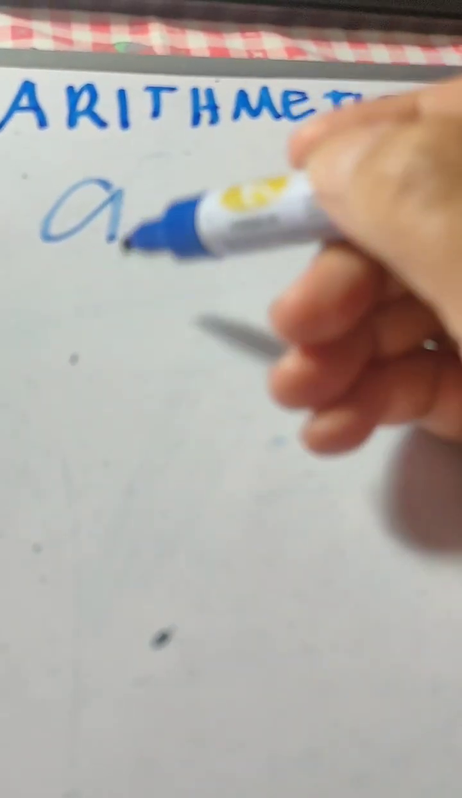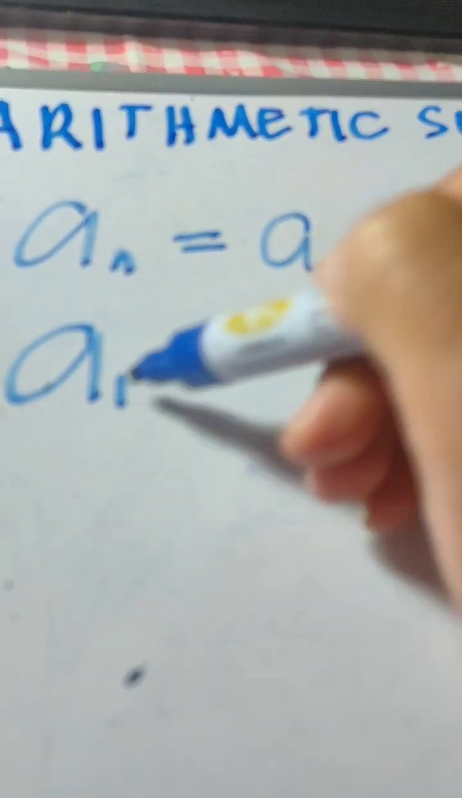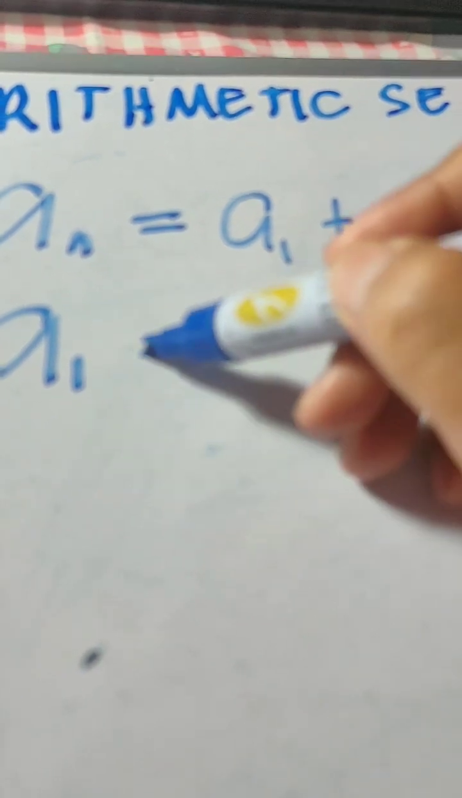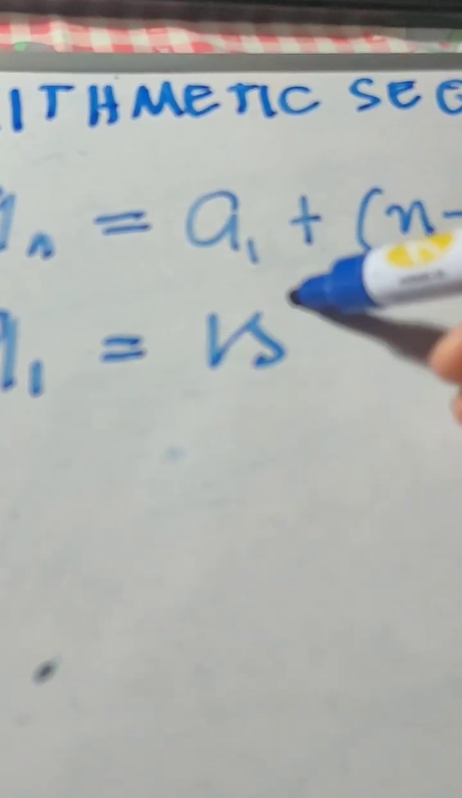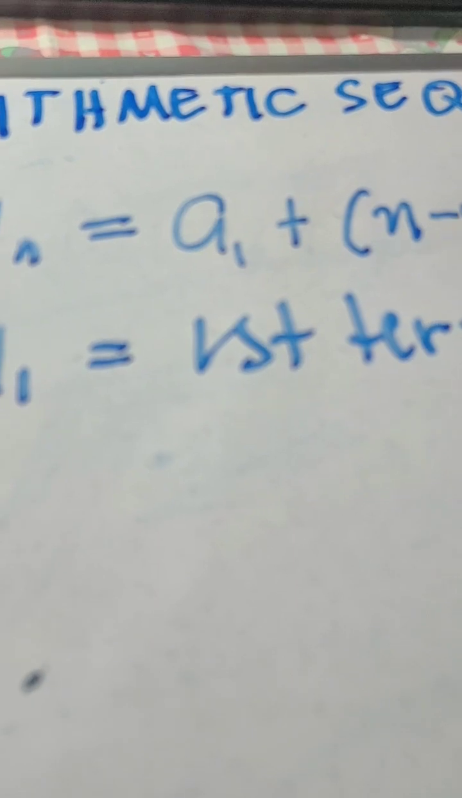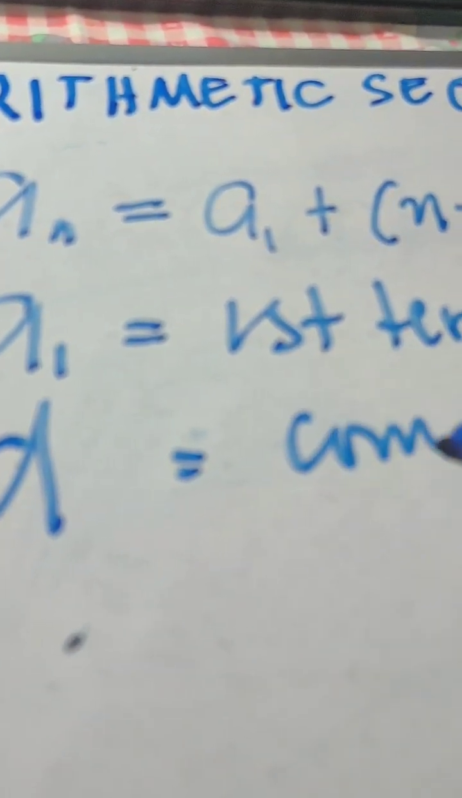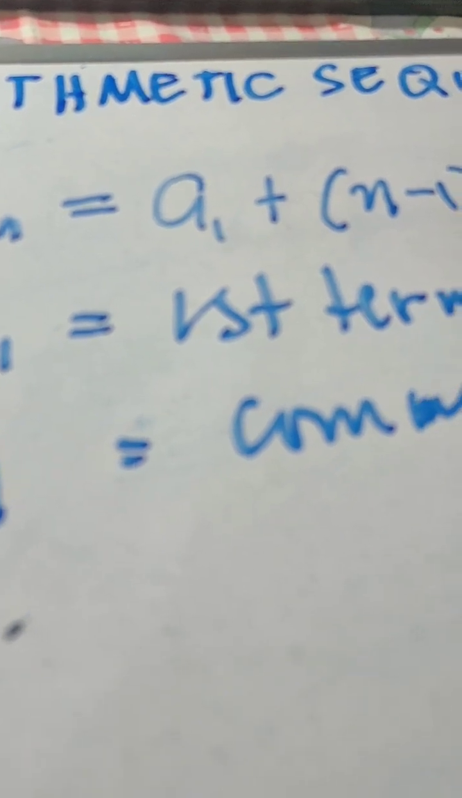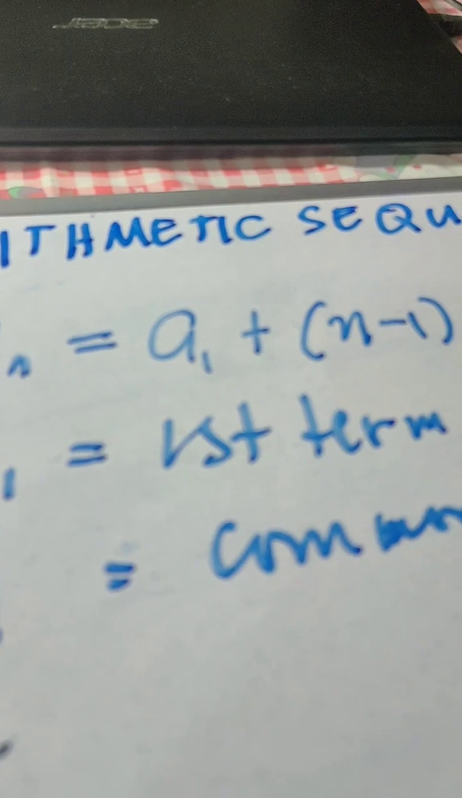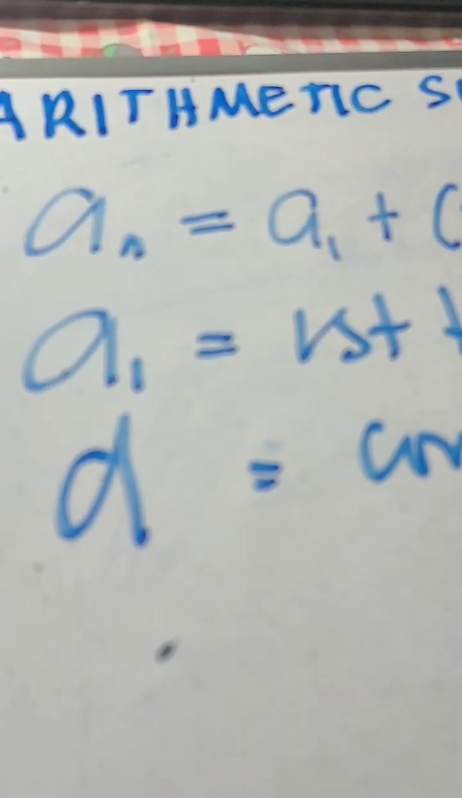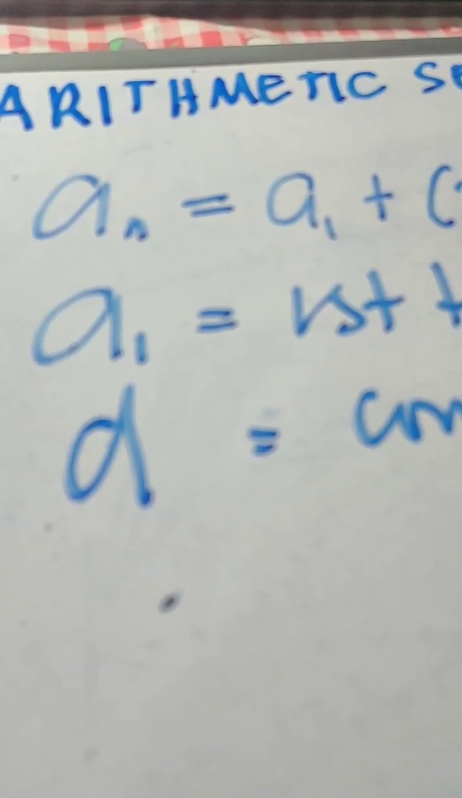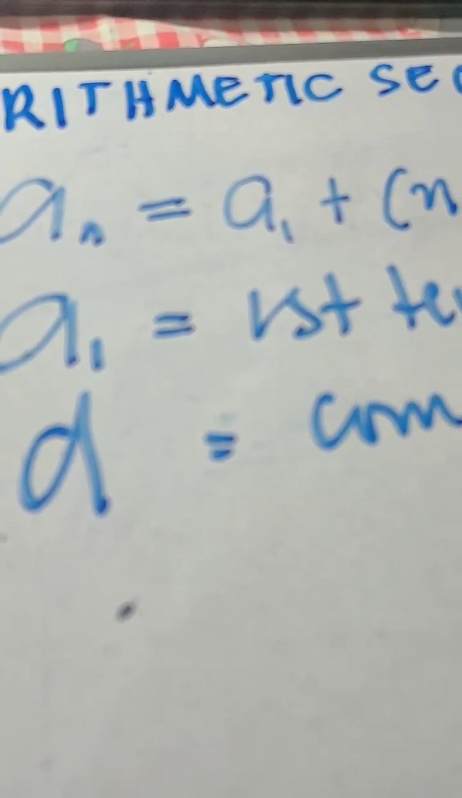Where a sub 1 is the first term. This is our first term. And our d is the common difference. So if this is the common difference for the given sequence, then we have to solve it as a part of